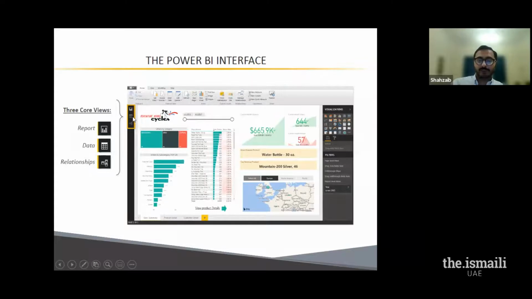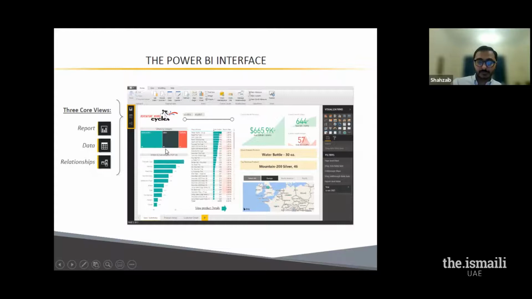The other is the data view, where you will be able to see all the tables that you have loaded into the Power BI interface. And the last section, or the third section, is the relationships area, where you are able to see how many tables you have loaded into the BI interface, and what's the relationship between these 3, 4, 5 tables, whatever tables you've loaded. So this is the first and the basic interface that you will see when you open Power BI. As we go along, we're going to touch base on the other sections also, what everything else is, but these are the main windows where we are going to play along